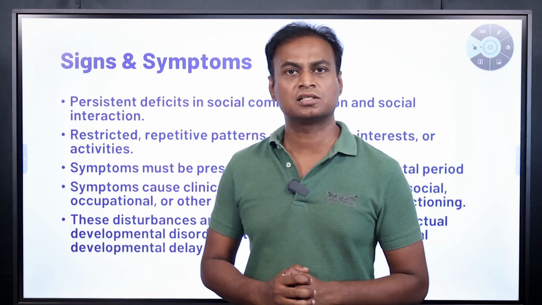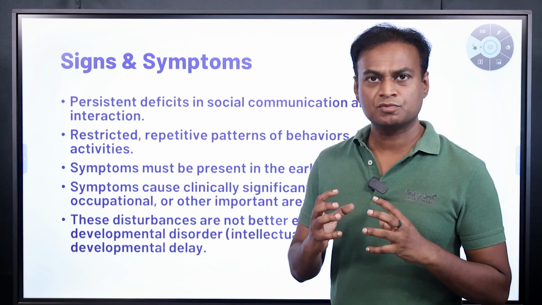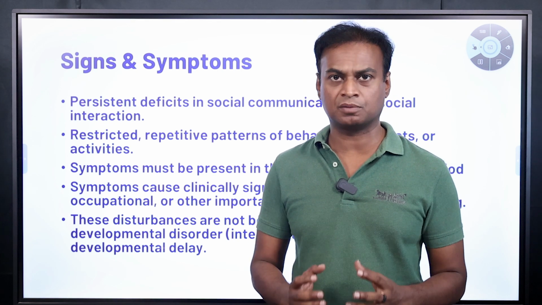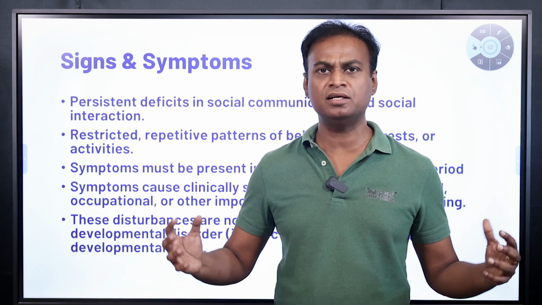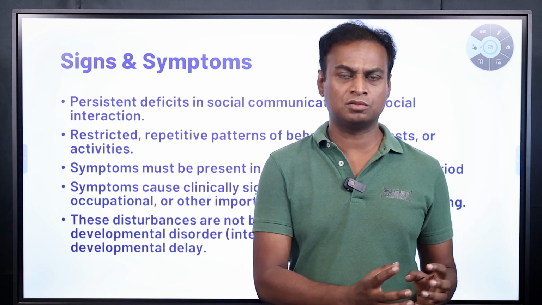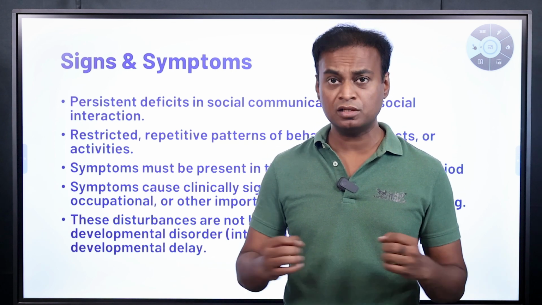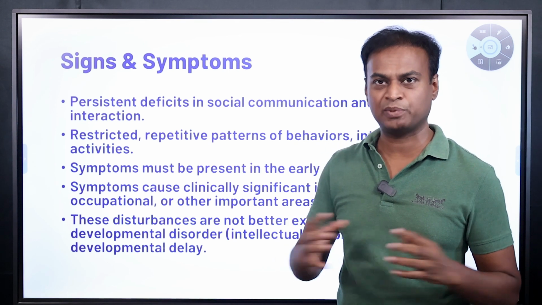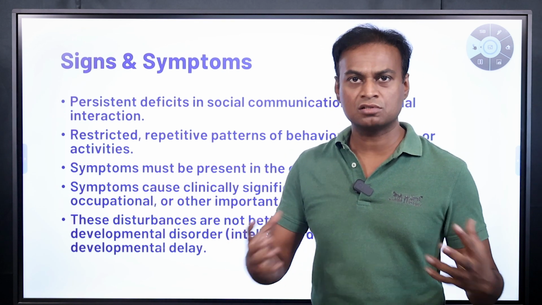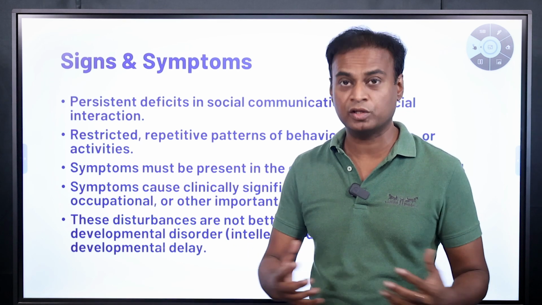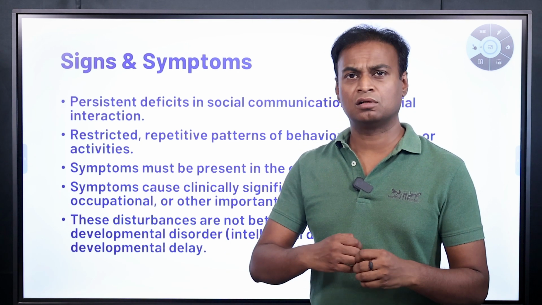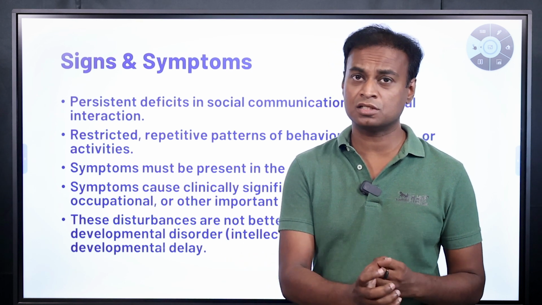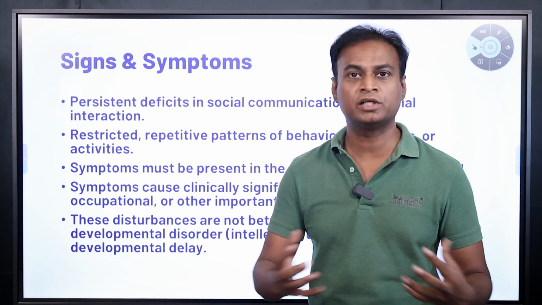The next point you have to understand is that in autism spectrum disorder, the important word is spectrum. Spectrum means there is a wide range. It is not one or two symptoms, it is a huge range of symptoms. Whenever you think of autism, keep in mind it is a spectrum. For example, the causes for autism are innumerable, so we call it a spectrum. There are a lot of genes, around 500 to 1000 genes, involved in autism. It is not a single gene, two genes, or 10 genes. So it is a spectrum.